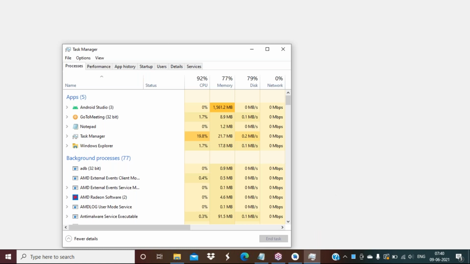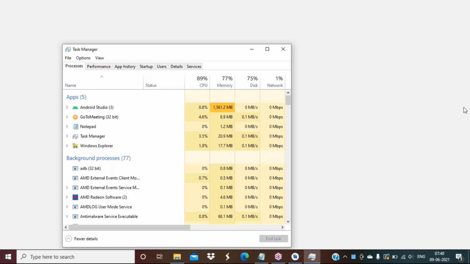Why Android Studio stuck up completely? Yeah, where is the mouse here? Okay, so that is system behavior.